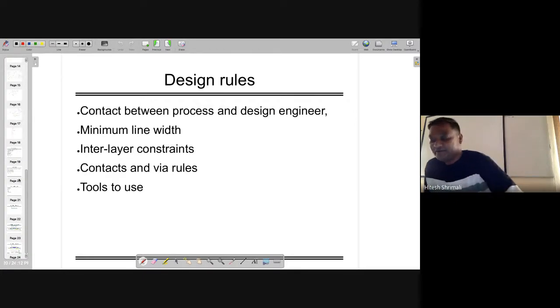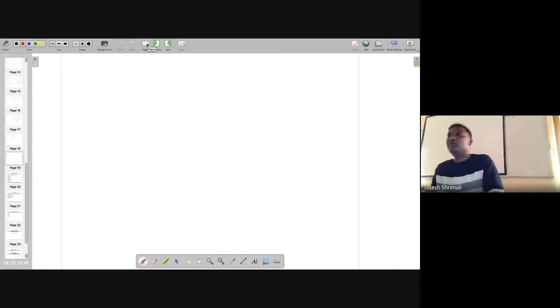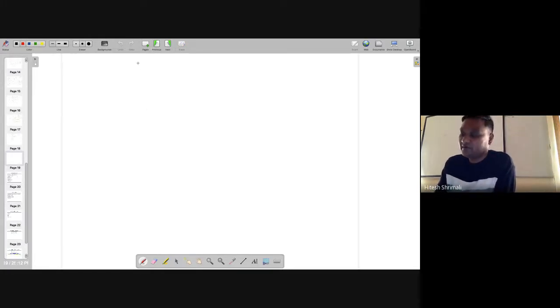So that's all for today. Not many things are there. I just wanted to tell you what is going to happen in this course, and this physical design is the most important part. Yeah, and one more thing I forgot to tell you, there are different topics which we are going to have in 4 different laboratories. So the first one is, I'm going to give you TCAM issue, SRAM, DRAM, and TCAM simulation.